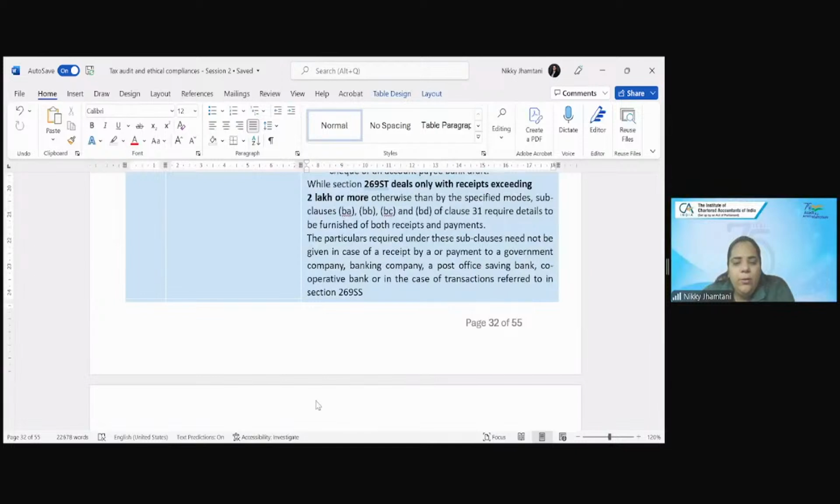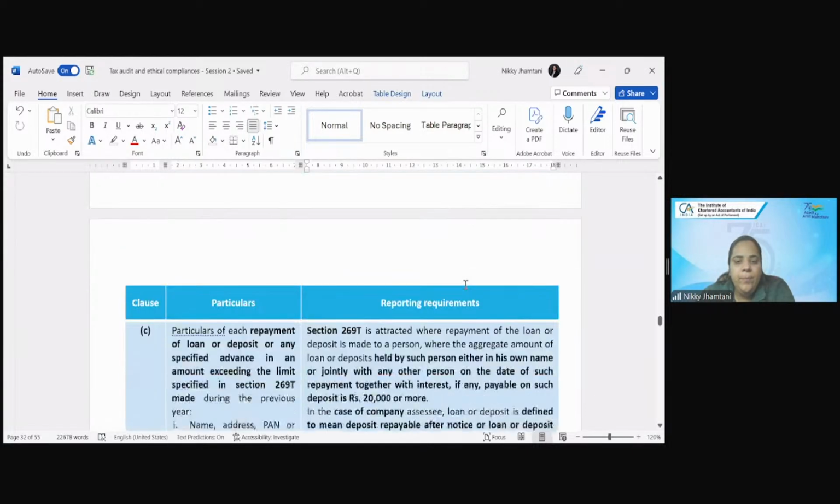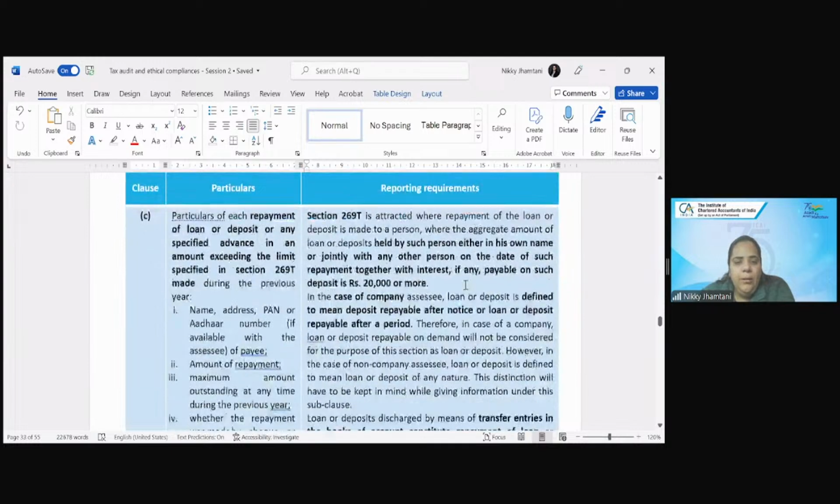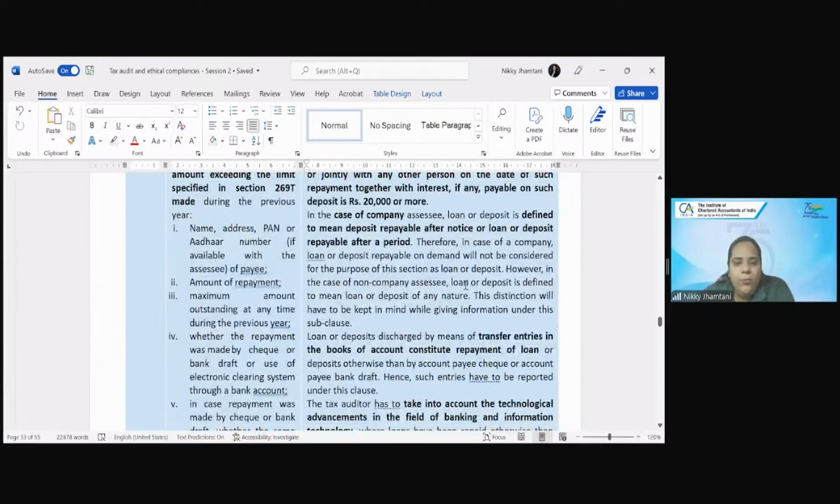तो ये पहले वाला ही जो एक्सक्लूजन बाकी केसेस में भी था यहाँ पे भी है कि अगर बैंकिंग कंपनी है या पोस्ट ऑफिस सेविंग बैंक्स है या ये है तो पर्टिकुलर्स नीड नॉट बी गिवन. देन सिमिलरली 269T है. 269T आपको समझना है क्या है. इट इज रीपेमेंट ऑफ अ लोन और डिपॉजिट इन एन अमाउंट एक्सीडिंग द स्पेसिफाइड लिमिट. सो जैसा 269SS है वैसा ही 269T है. नेम, एड्रेस, पैन और आधार नंबर ऑफ द पे देना है. अमाउंट ऑफ रीपेमेंट,